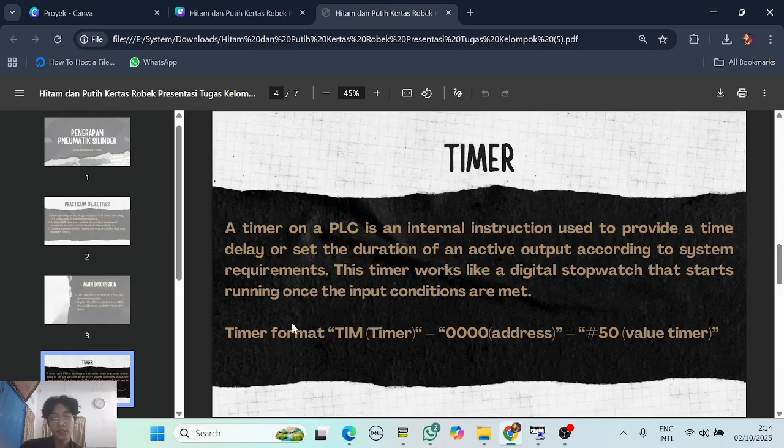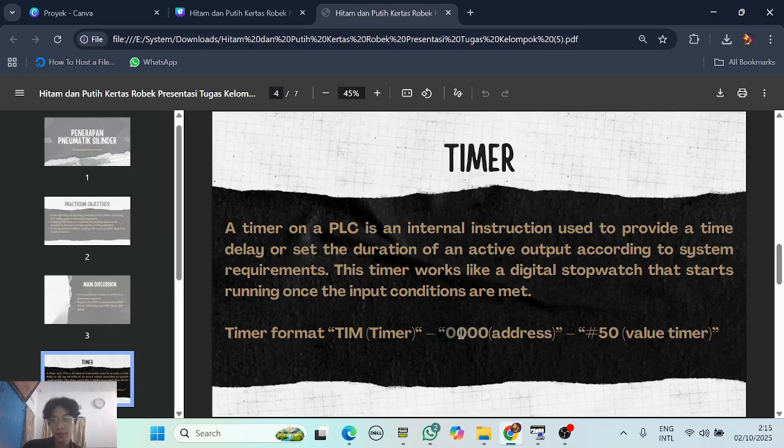Okay, this is the format for making a timer in ladder PLC. There is TIM as a timer, 0000 as an address, and #25 as a timer value. If we want to put a timer in ladder PLC, this is the format: TIM 000 #25.